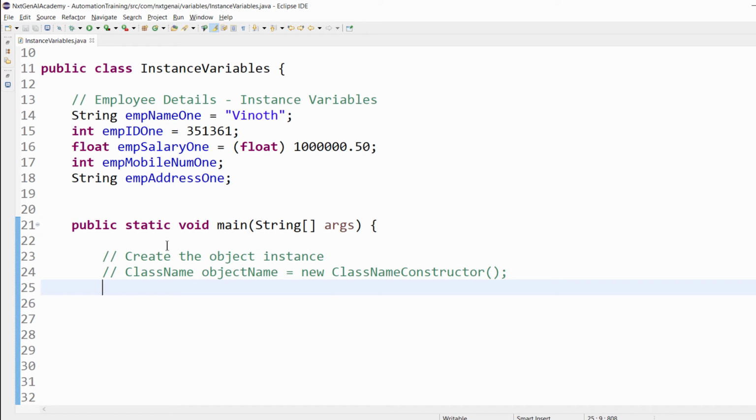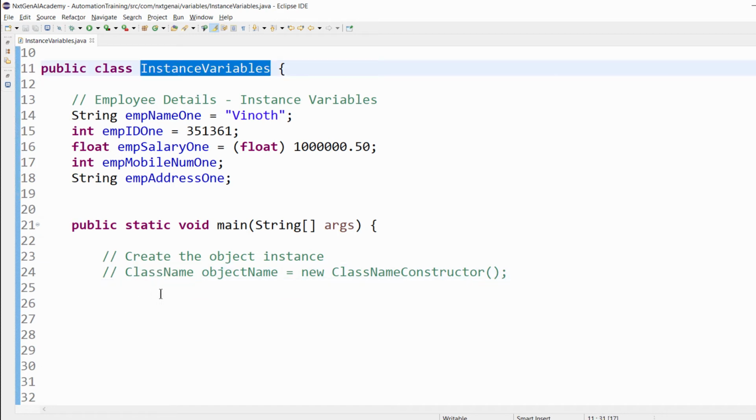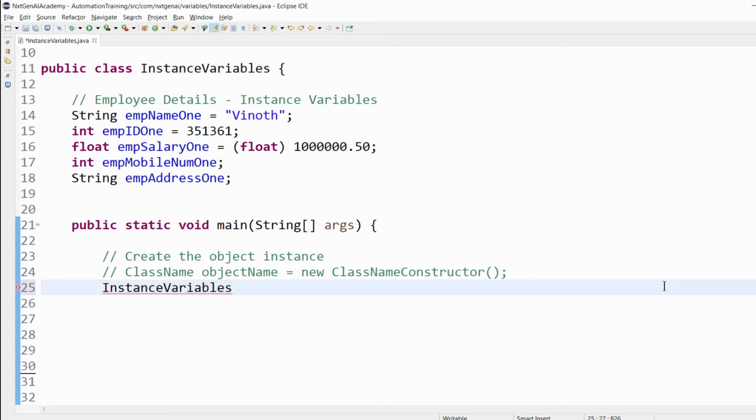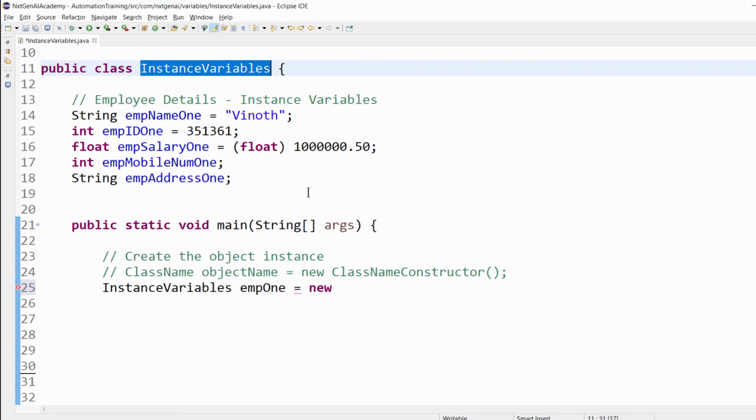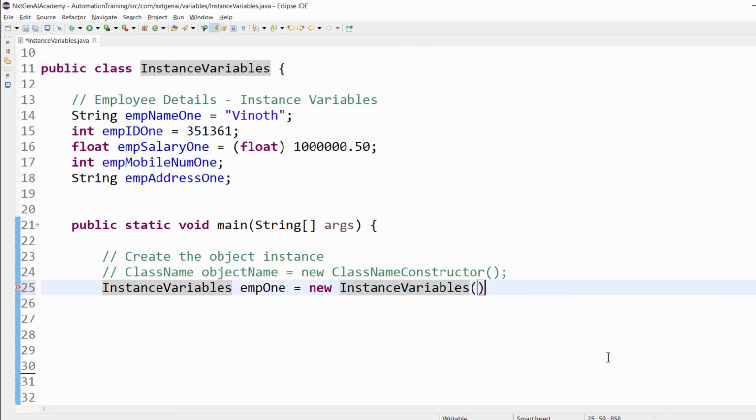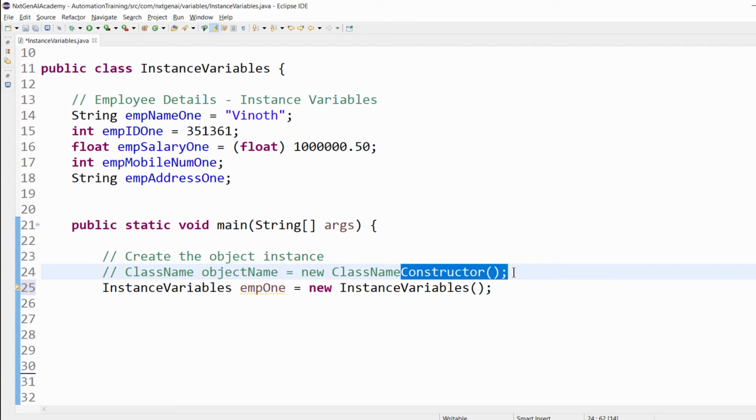First, class name. Here the class name is InstanceVariable, and you can have any object name. I'm going to give the object name as employee1 equal to new keyword, class name constructor. Class name constructor means it is the same as the class name followed by brackets, and this constructor concept we will learn at a later stage.